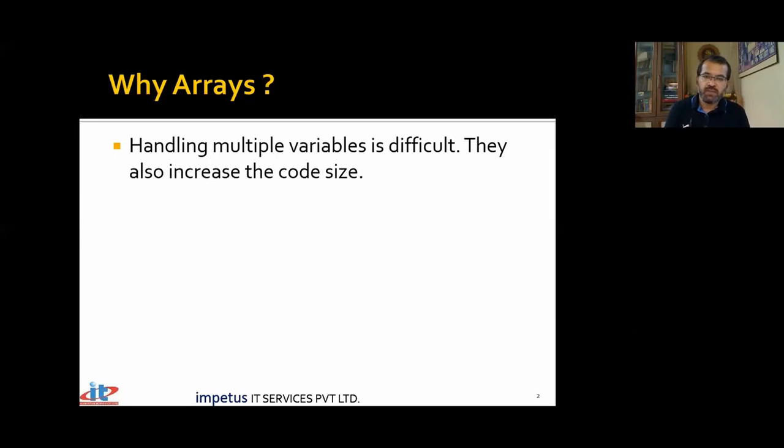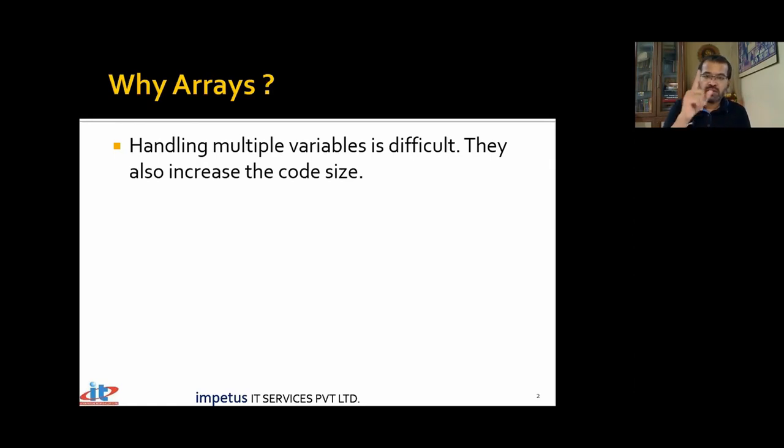Say I have one integer variable, and I ask you to perform the most basic operation on it. Say you have defined int I equal to 0. What could be the simplest operation you could ever perform on a variable of basic type? Why not accept a value at runtime and display the value of that variable? You'll have to write three statements rather. You'll have to prompt the user with printf, please enter the value, then scanf with %d and ampersand of I, and then printf. So at least two statements, one scanf and one printf, are what we'll have to write to carry out that operation.